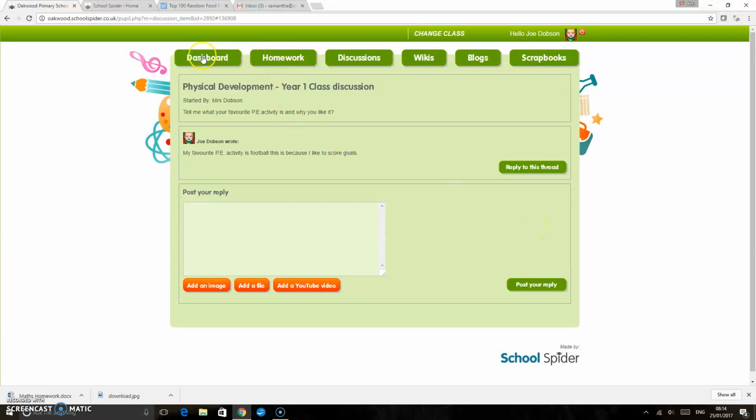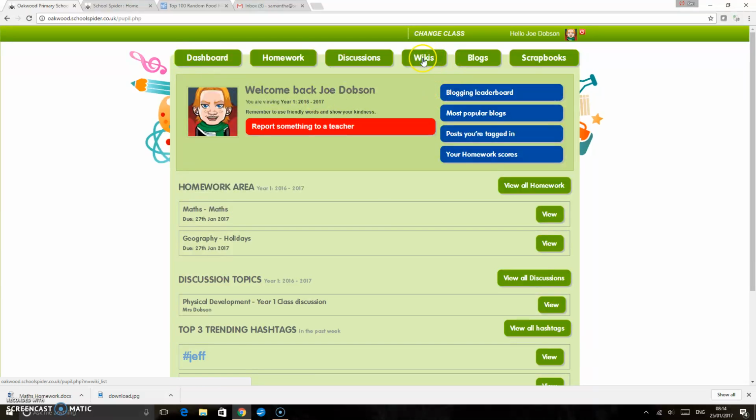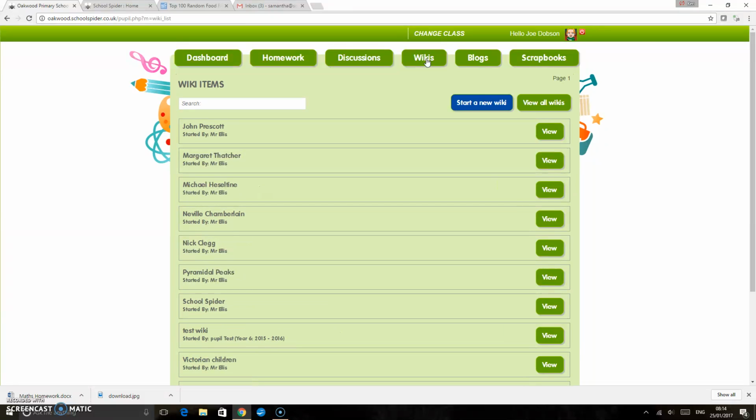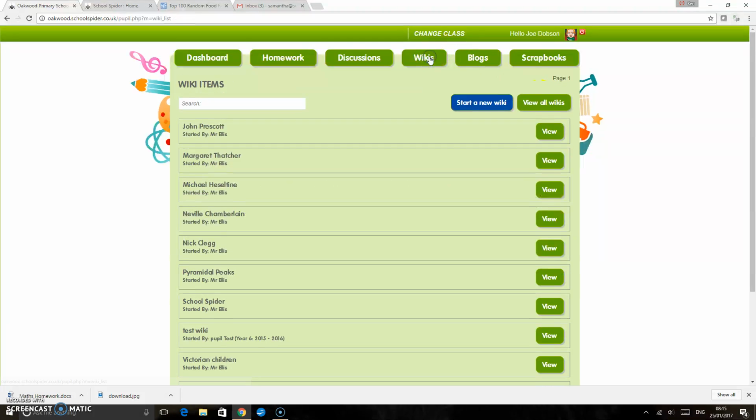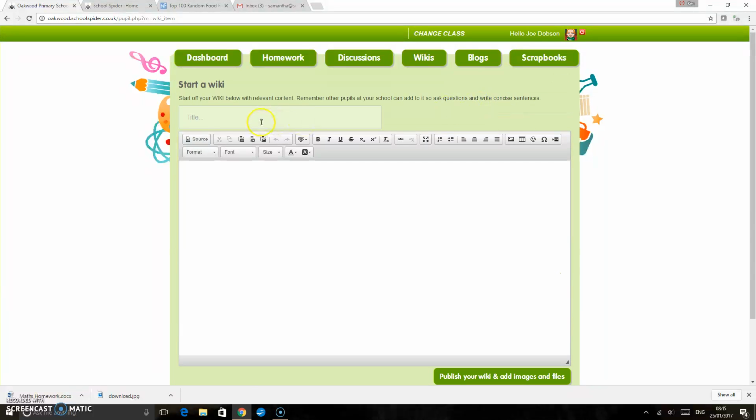You can also start Wikipedia pages, so Wikis. So if I just click on Wikis, there's a few here already, so let's just have a view. There's one about John Prescott. Some information there about John Prescott, and if I want to add to that wiki, I can do. I just click this button here. What I'm going to do is I'm just going to start a new wiki. So click start a new wiki, give it a title,